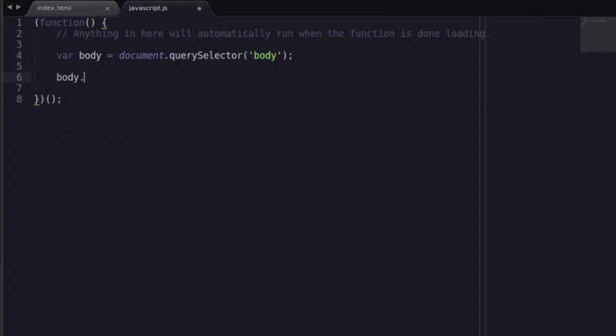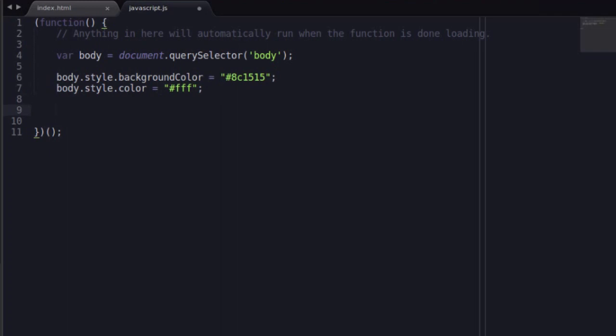And then we say body.style.backgroundColor, camel cased, is equal to 8C1515. And because the text is going to be hard to see, we're going to change the color as well to